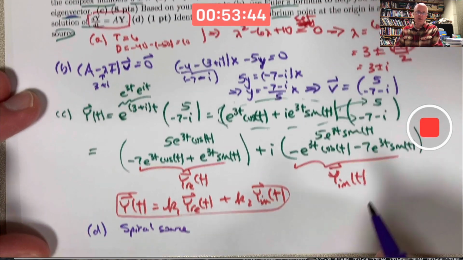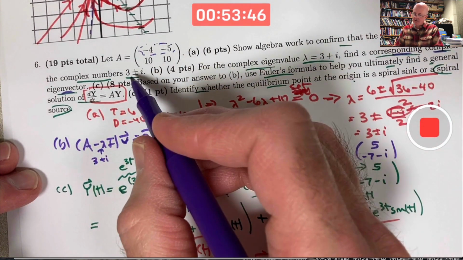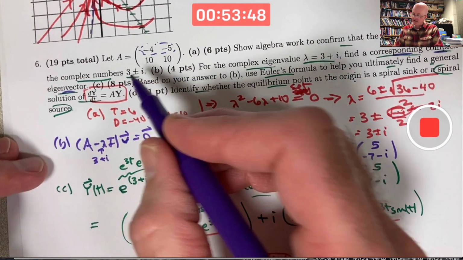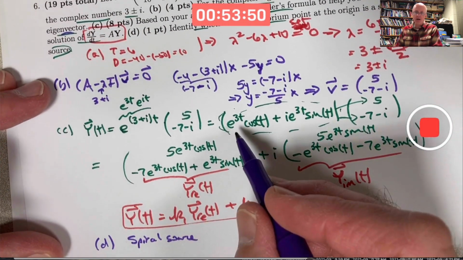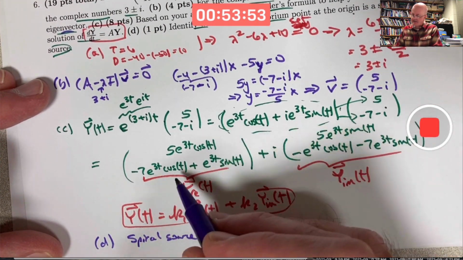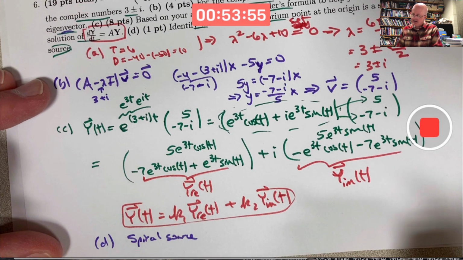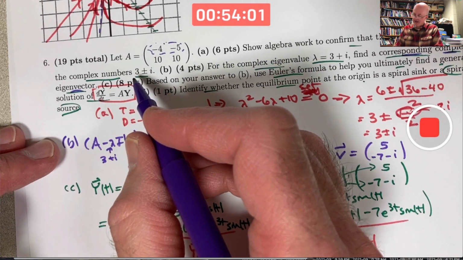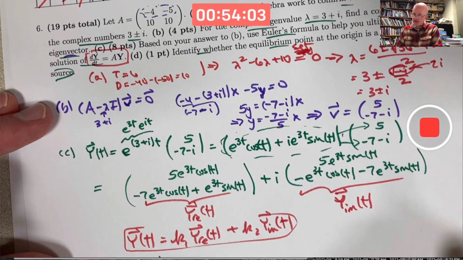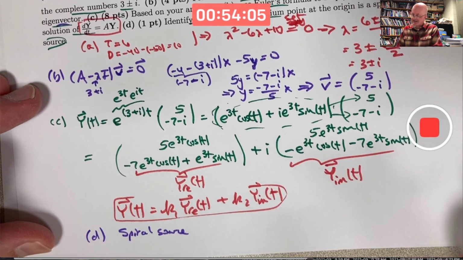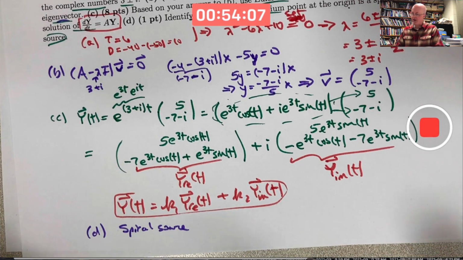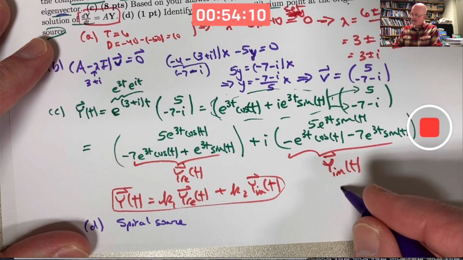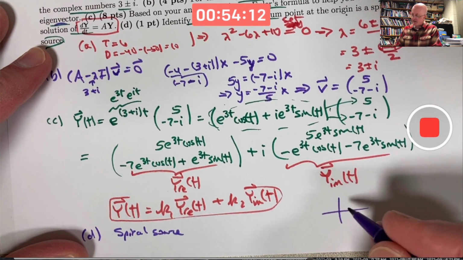And it's because the real part of the eigenvalues is positive, the 3 up there. That's going to correspond to the e to the positive 3t's coming in these spots. So solutions go away from the origin as t increases. If the real part had been -3, say, I would have gotten e to the -3t's here. It would be a spiral sink. The cosines and the sines are bringing in the oscillations, making spiraling. The phase plane is going to be spiraling